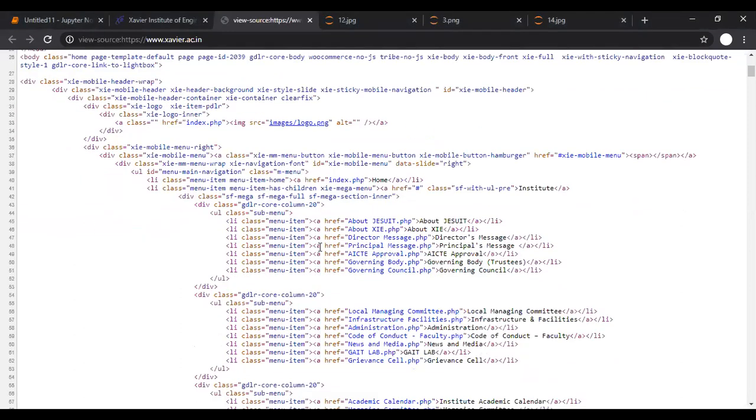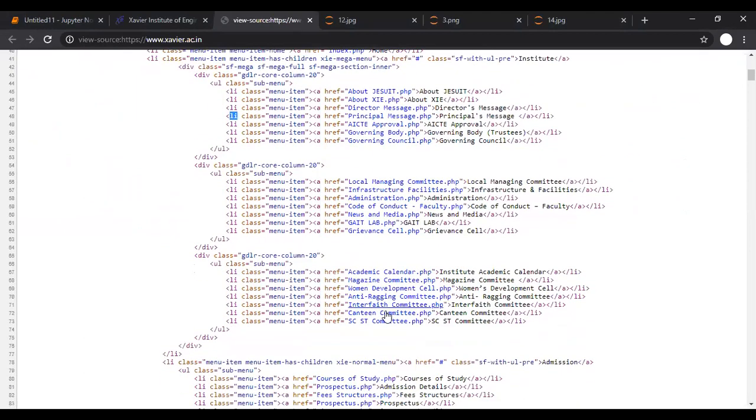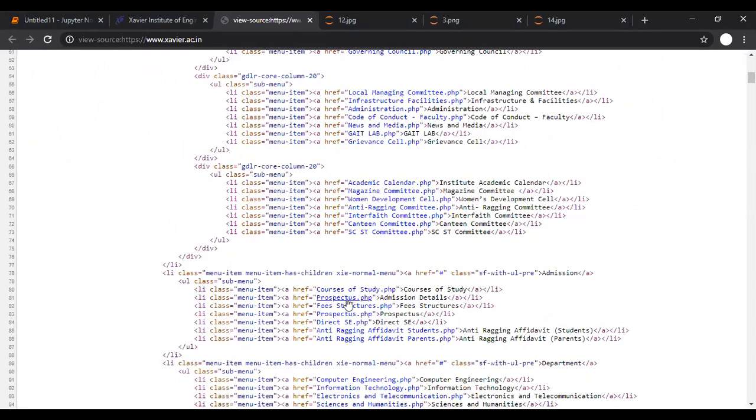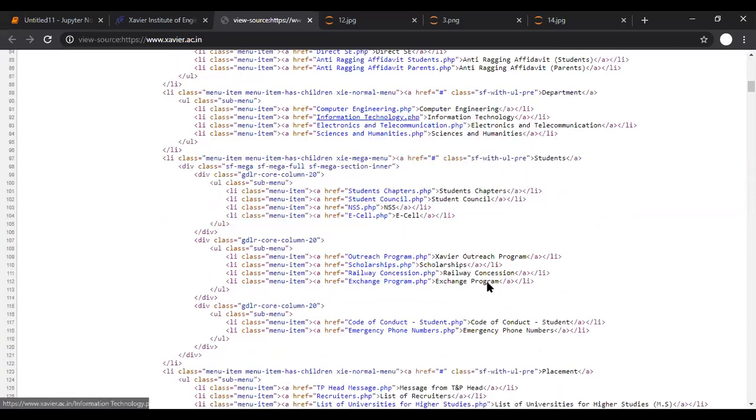So here some anchor tags are inside the li tag. The drop down links are inside li tags. Then the academic year calendar and everything is inside li tags. Am I right? Courses and computer engineering.php and everything is inside li tags.